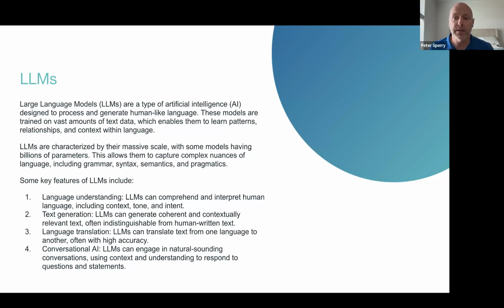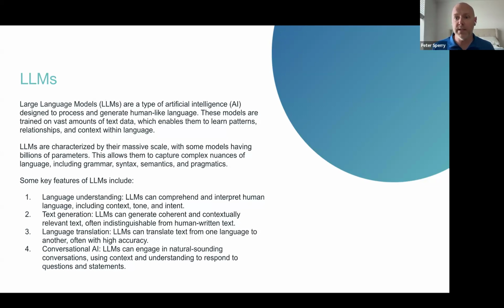So they are trained. All of the LLMs that are out there are trained on multiple data sources, and they are trained on an incredible number of data sources. So vis-a-vis the entire internet or the publicly available internet, any other source documents, et cetera. And what this does is it allows them to learn patterns of human language, and it allows them to inference context within that language as well. So they are characterized by just having huge scale.